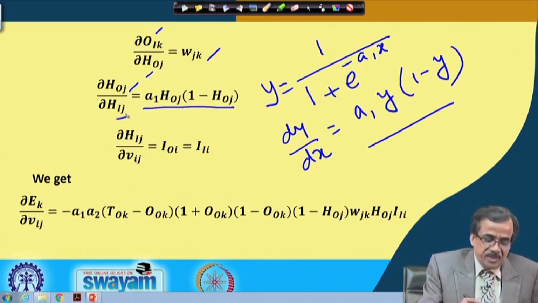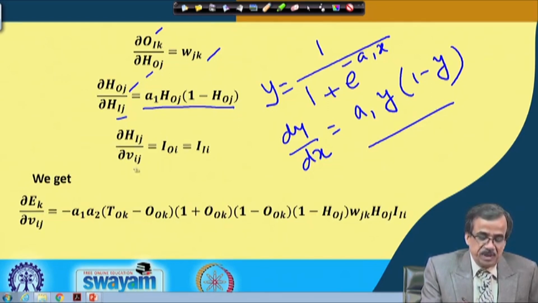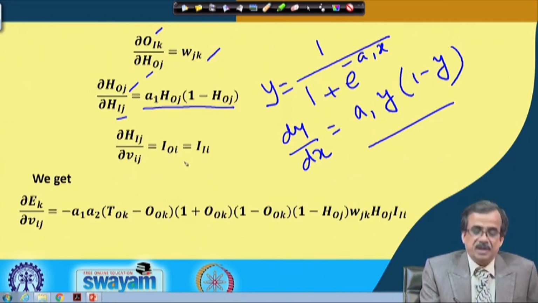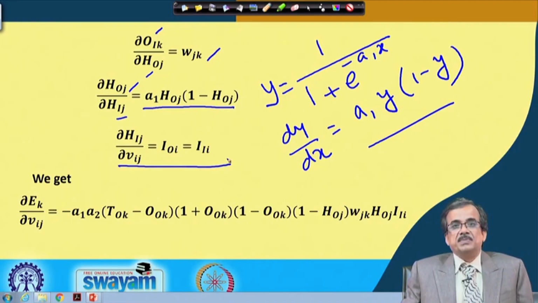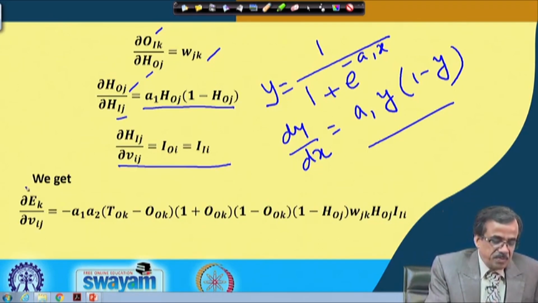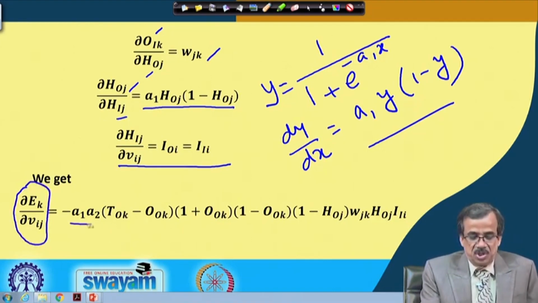And the last term, the partial derivative of H_Ij with respect to V_Ij, is nothing but I_Oi, that is the output of the ith neuron lying in the input layer, and this is nothing but the input of the ith neuron lying in the input layer. So, I can find out this expression, and once you have got it, now we can find out the partial derivative of E_k with respect to V_Ij, and this is nothing but